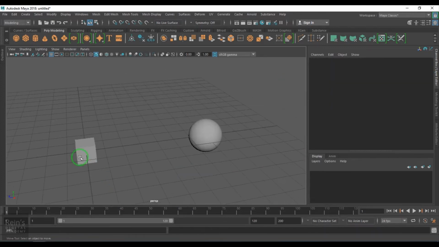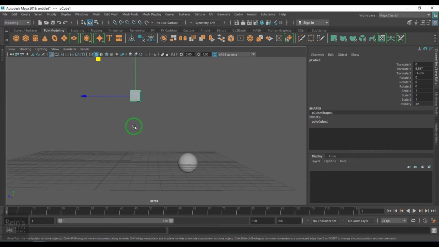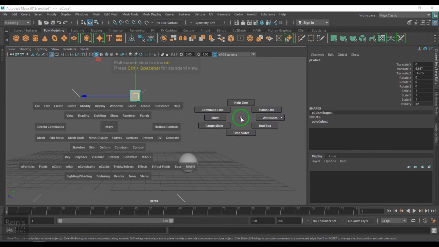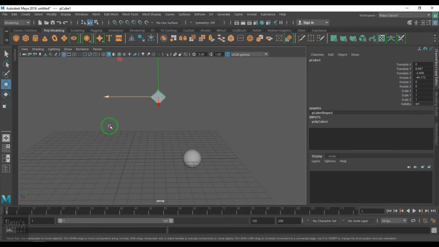Okay, so I just rotate this object and move somewhere.